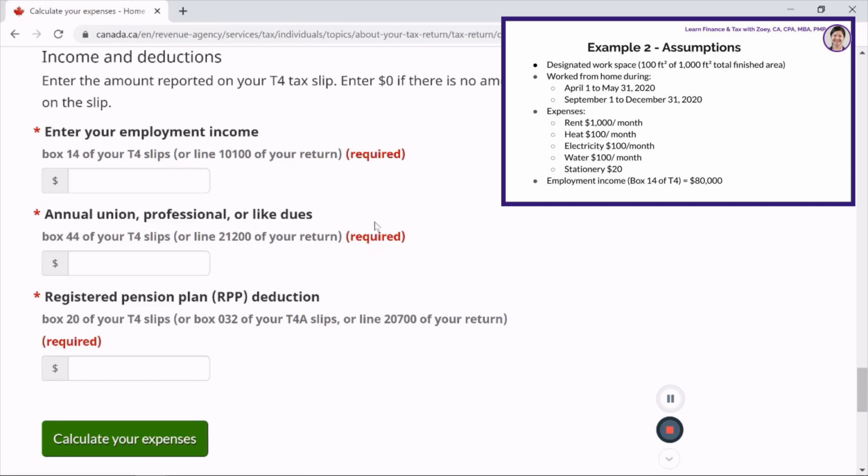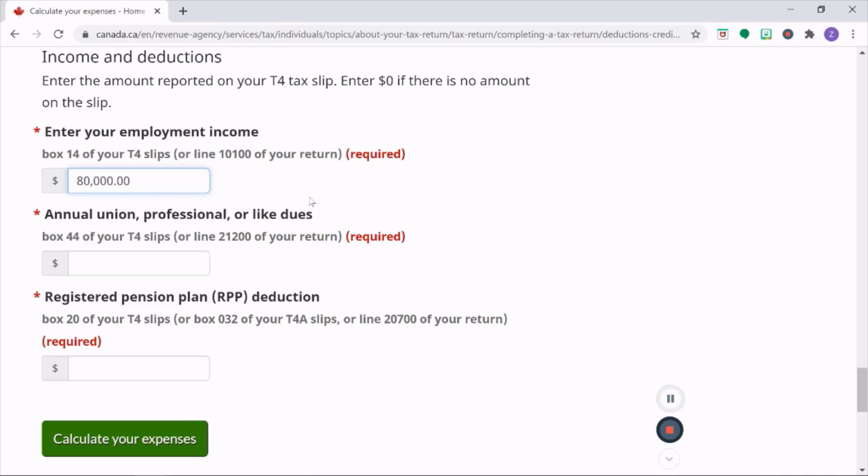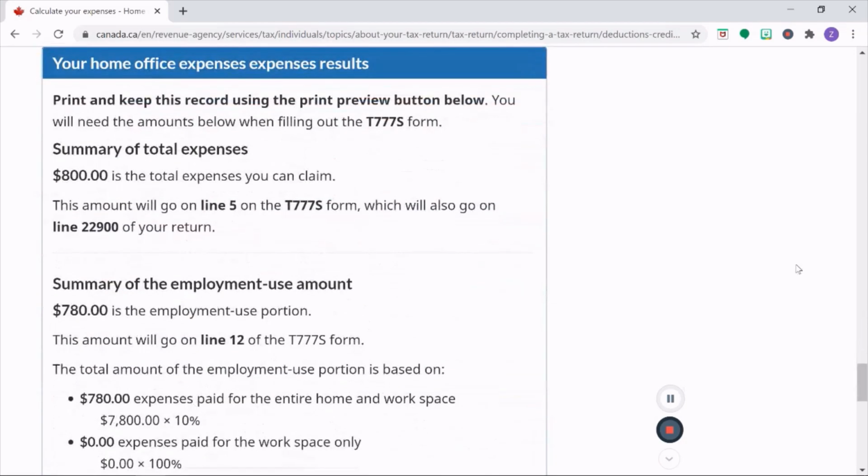The reason is that you cannot use home office expenses to create employment loss. Click Calculate your expenses. The calculator shows that I can claim $800 of home office expense. You can print this page for reference. You don't have to attach this to your tax return.